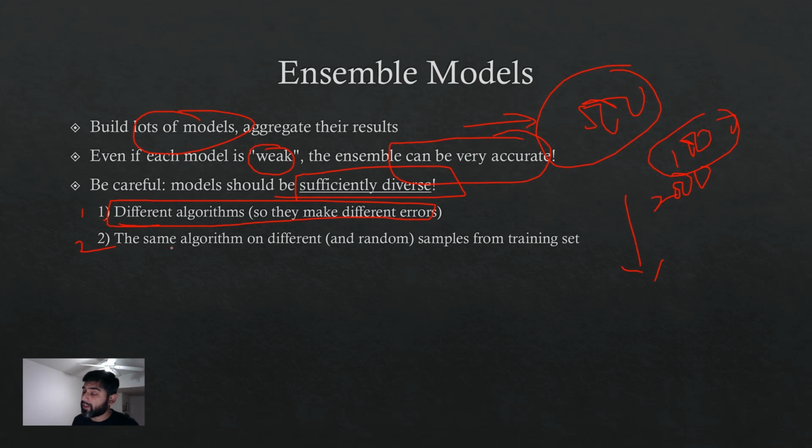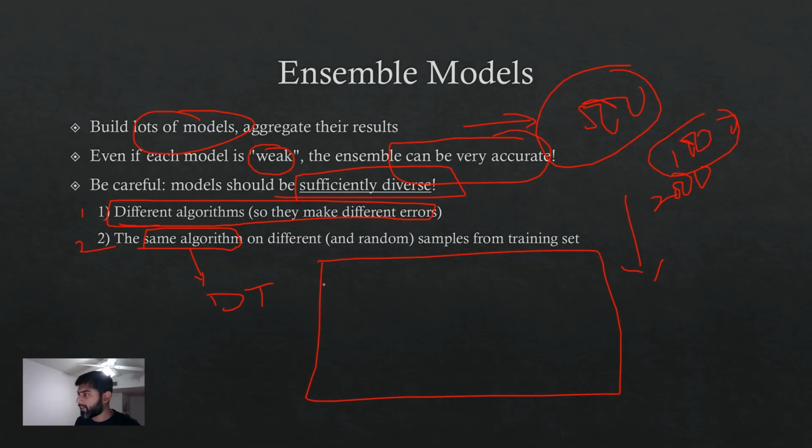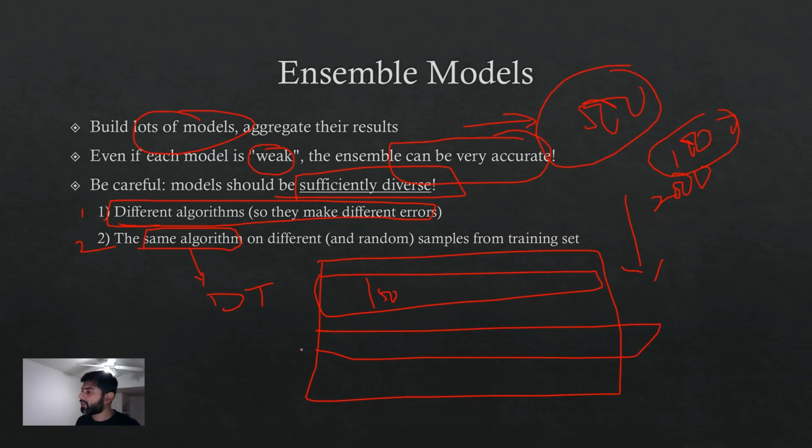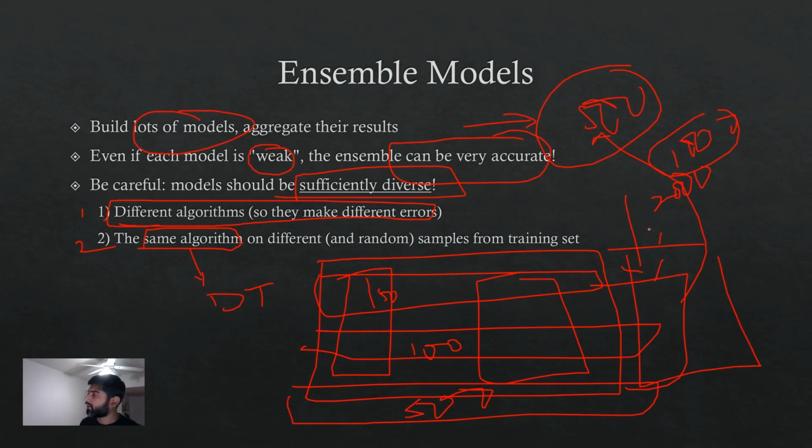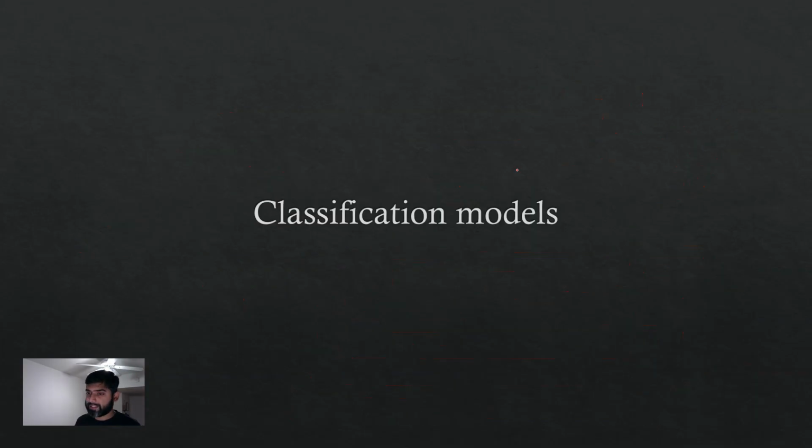The other way to bring diversity in machine learning predictions is to use the same algorithm. Use just one, decision trees for example, but train it on different samples of the single dataset. Let's say you pick 50 rows here, 100 rows here, 500 rows here, and similarly you keep building 500 models. Sometimes you pick a section over here, sometimes you pick a section over there to make the predictions on your target variable. This way you're building thousands and thousands of models. That's ensemble models for you.